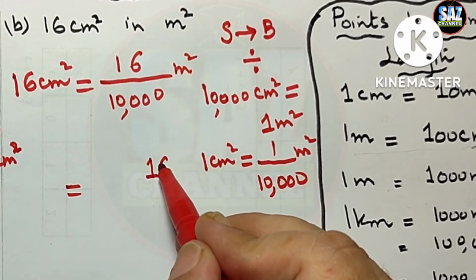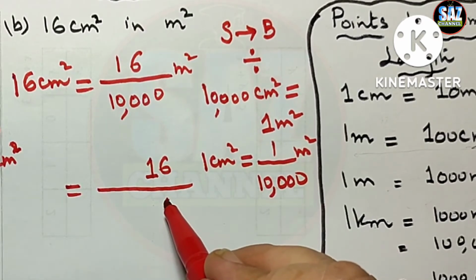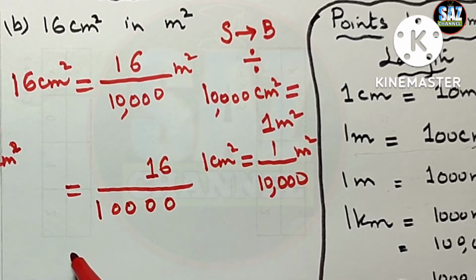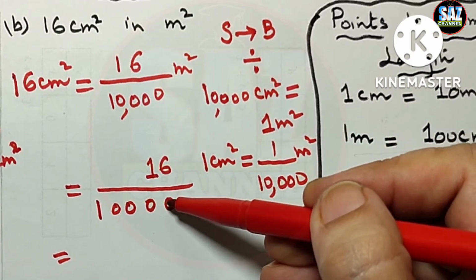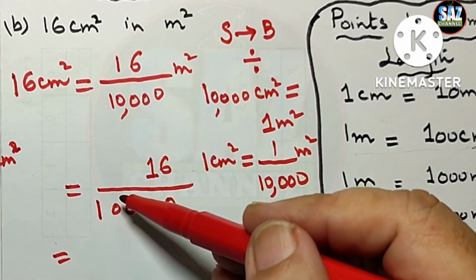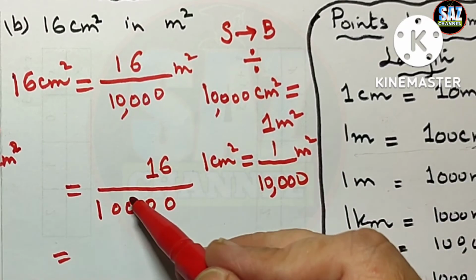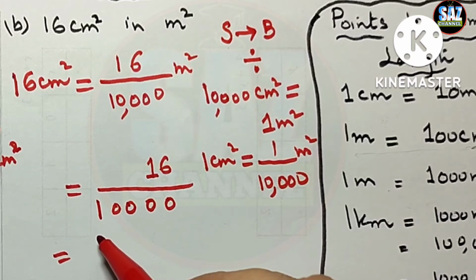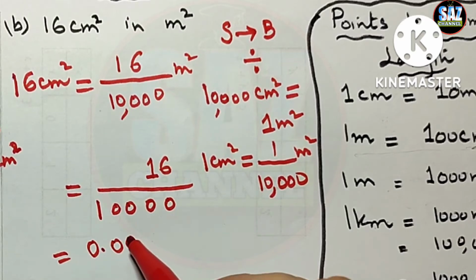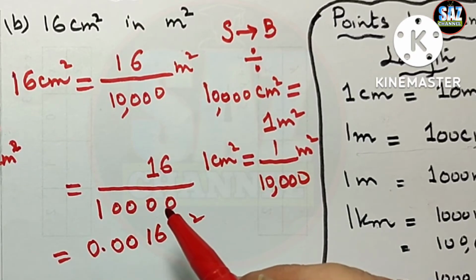So I have to write the number in the numerator carefully on the extreme right, and then I have to place the zeros: 0, 1, 2, 3 and 4. Now you can see that at the top of this 0 we have the number, but at the top of these zeros we do not have any number, and then we have 1. So what will we do to fill up these two places? At the top of 1 I have to put the decimal, and these two zeros will be replaced by 0, 0, so the answer is 0.0016 meter square. Really easy questions. And then the next is